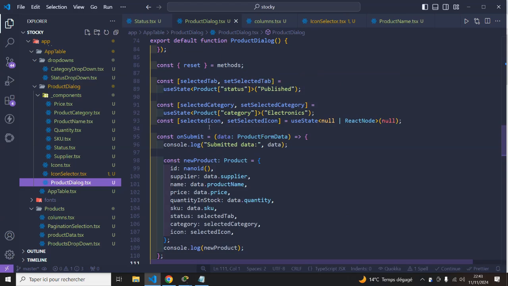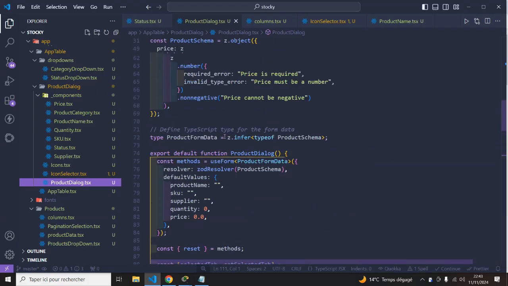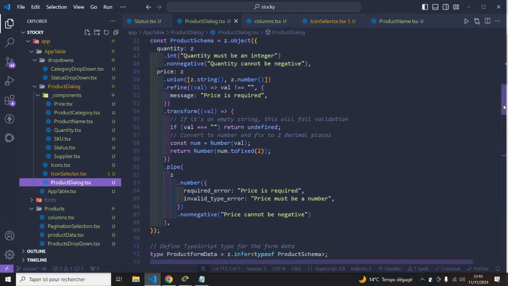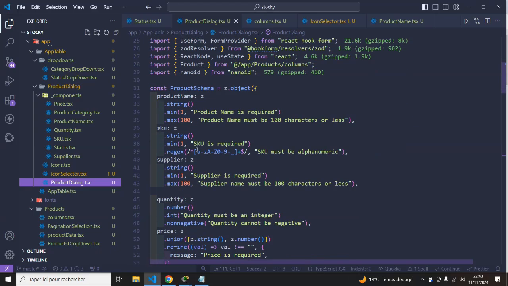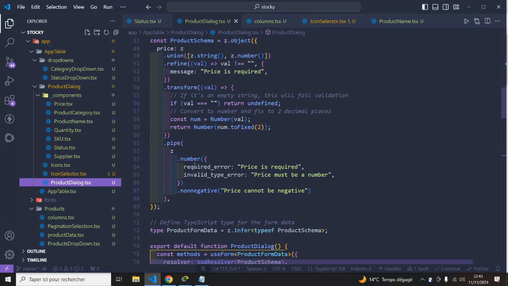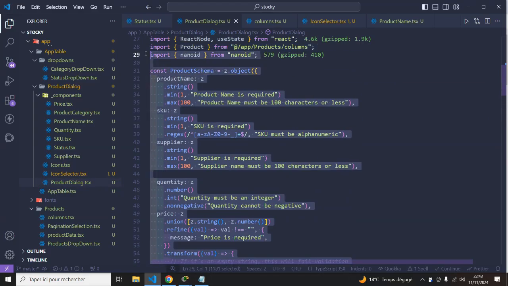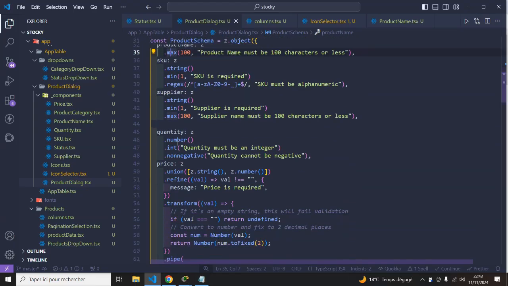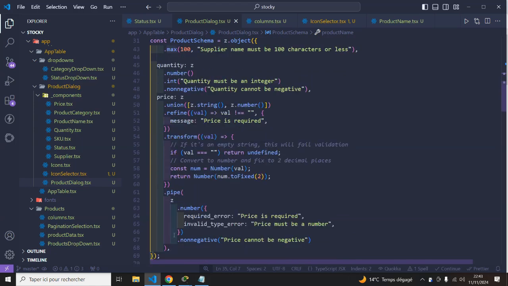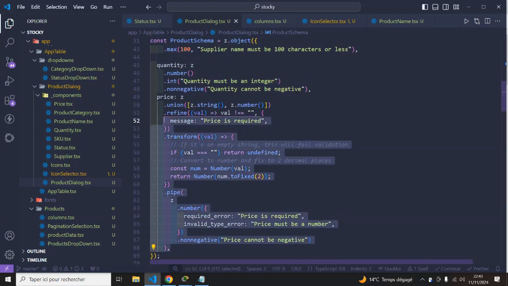So for the other code, I'm going to explain what it is. So I'm going to start from the top. So here we are going to import the Z object from that library, and this is our schema. So this is our whole schema for our form. So it is a pretty large schema. So we're having the product name, the SKU, the supplier, the quantity, the price. And this, to be honest with you,